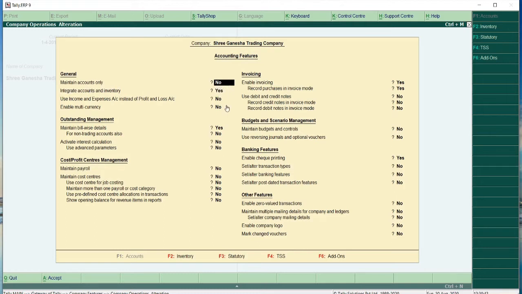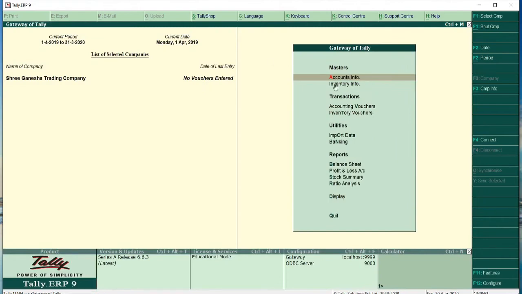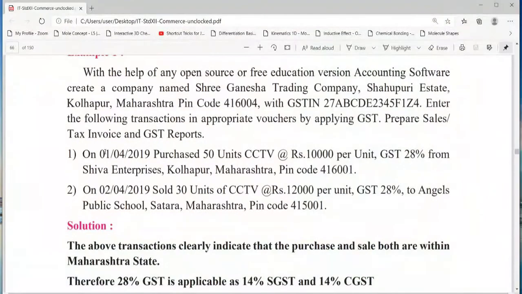In my case it is already no, so I am not going to change this. I am simply escaping from this screen, and here you can see inventory info and accounts info, both the options are available. Now we will go to the problem first.